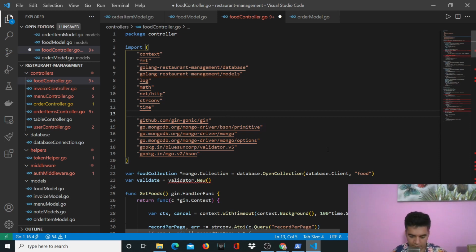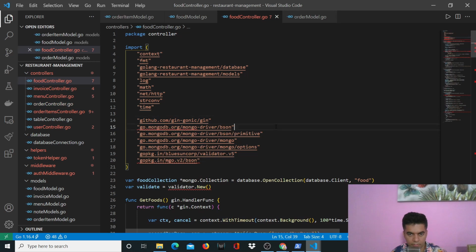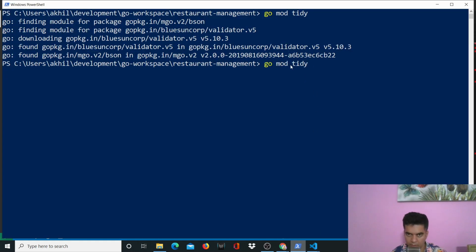Actually, I need the Mongo driver bson, so I'll get that. I'll say go.mongodb.org. In case you're not sure, open up the Mongo drivers documentation, like I've done, /mongo. Right, and I need mongo options. I have that. Oh, I have mongo also. Sorry, I needed bson here, not mongo, bson. That's the one that I don't have. Okay, and then when I run go mod tidy again,